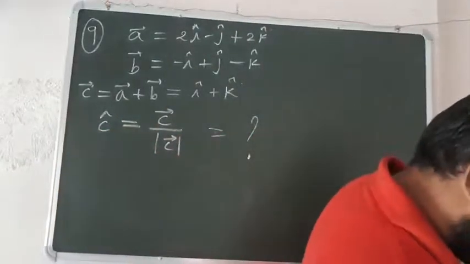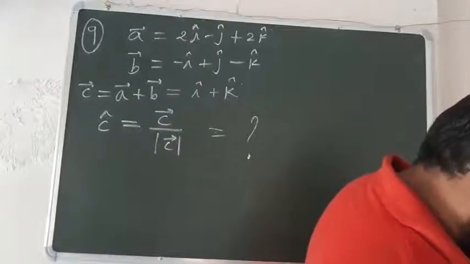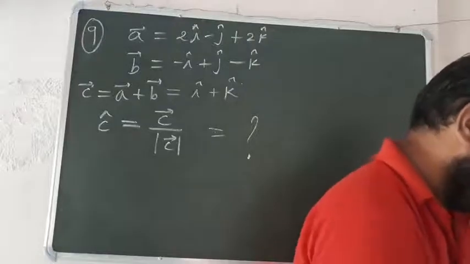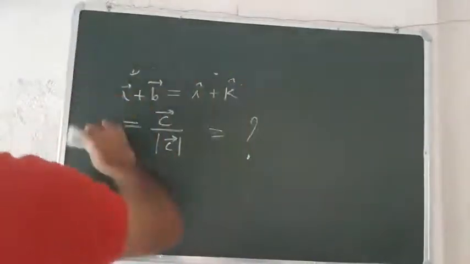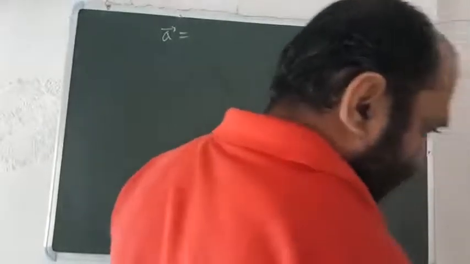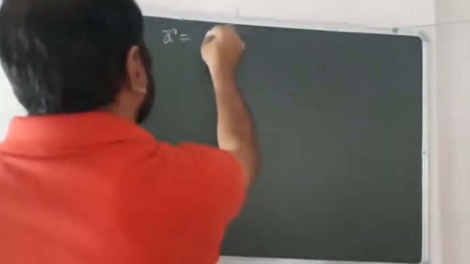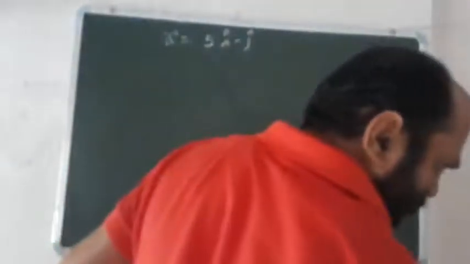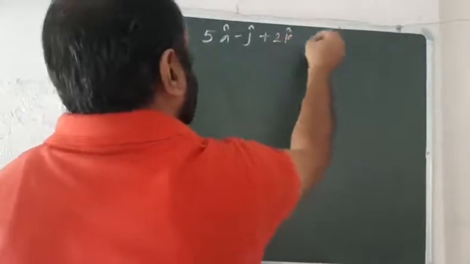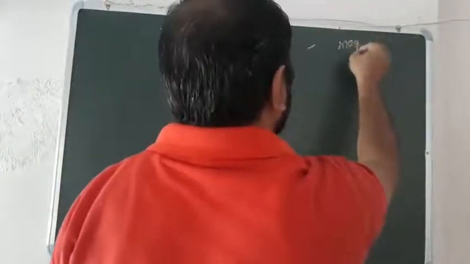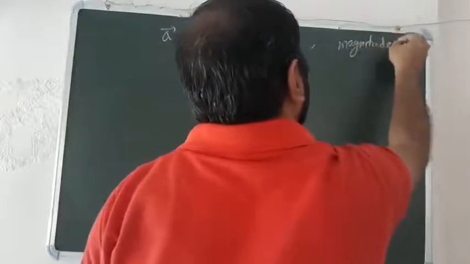Next question, question number 10, that is find a vector in the direction of. Yes, question number 10 is similar to that example. You have to find a vector in the direction of, means a vector is given to you, the vector 5 i cap minus j cap plus 2 k cap having magnitude, magnitude is given to us as 8 units. Magnitude is equal to 8 units.